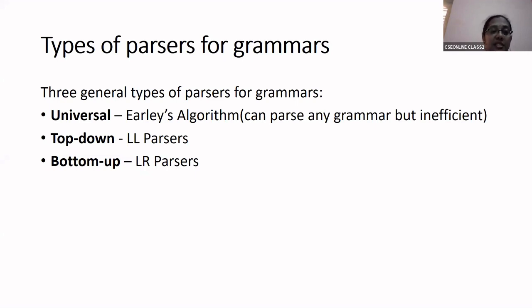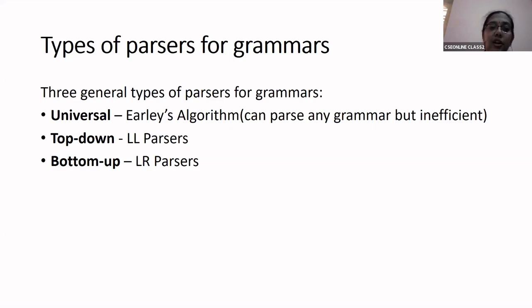As the name itself indicates, a top-down parser is going to start from the root of the parse tree. It's going to start from the root and go down towards the leaf nodes. Okay, the parsing starts from the root and goes down to the leaf nodes in the parse tree. But bottom-up is the reverse of the top-down method. That is, it starts from the leaf nodes and parses or reduces up towards the root node. In top-down parsers, the parse trees are constructed from the root node to the leaf nodes, and in the case of bottom-up, the tree is constructed from the leaf nodes and moves up towards the root node.